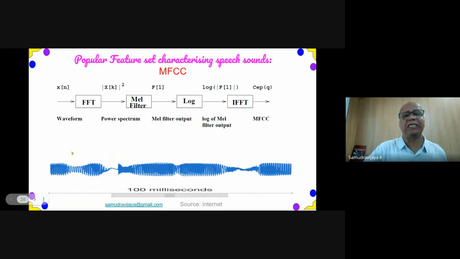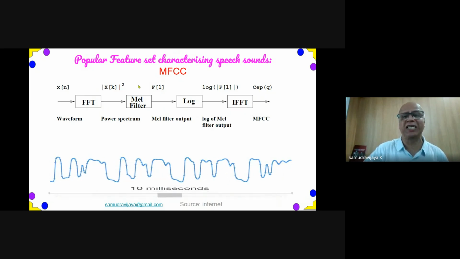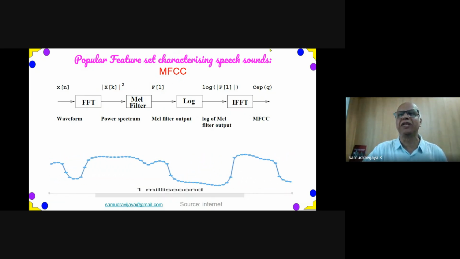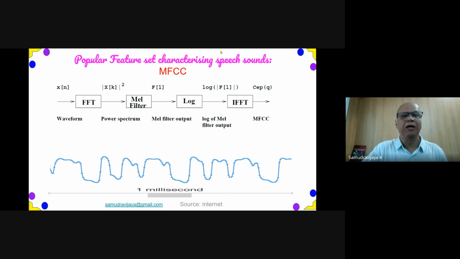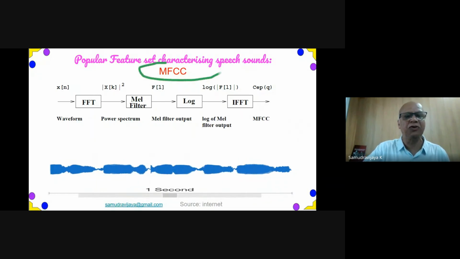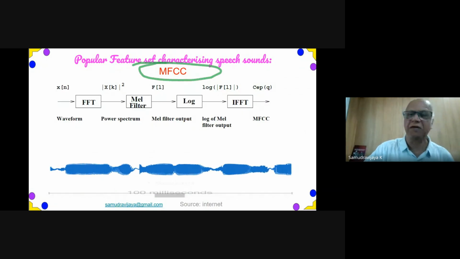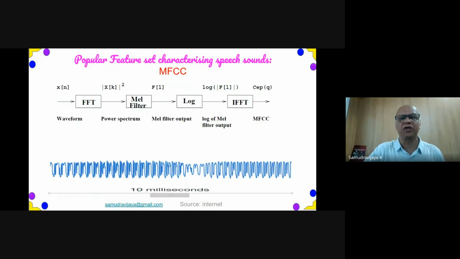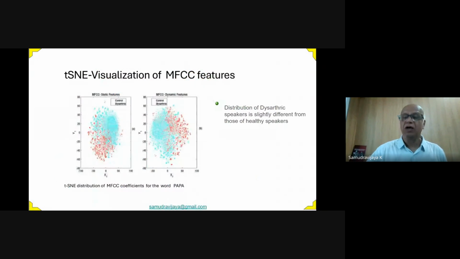Of course, it also has a MEL frequency, it is not Hertz scale, it is a log linear scale called MEL frequency. Therefore, the popular feature that one extracts even for speech recognition is MEL frequency cepstral coefficient. You are familiar with this, therefore I'll skip this part. So we have computed MEL frequency cepstral coefficient. Now let us look at how the MEL frequency cepstral coefficients of normal people and dysarthric people, are they different? Yes, because dysarthric people are not able to articulate clearly.